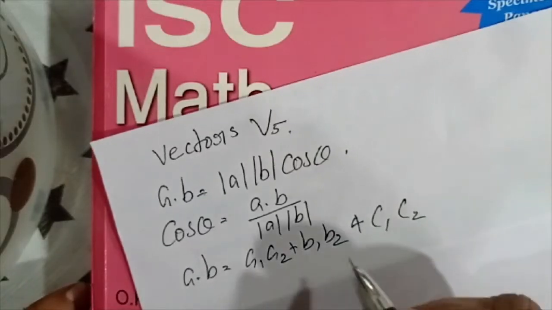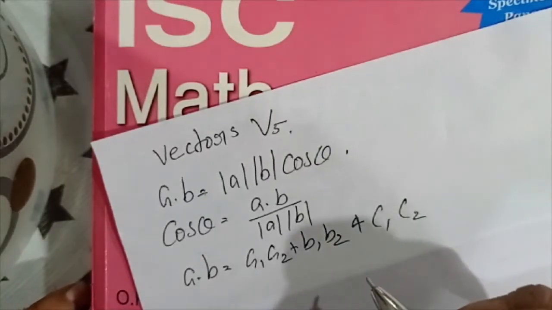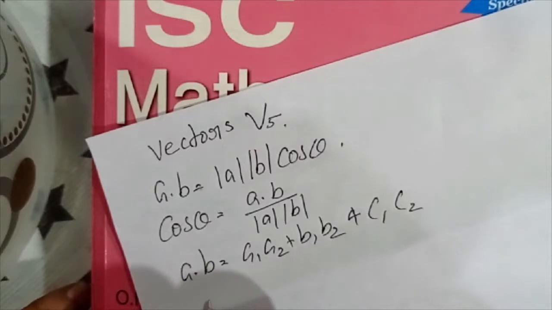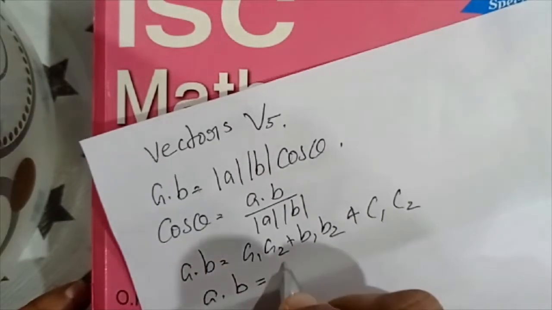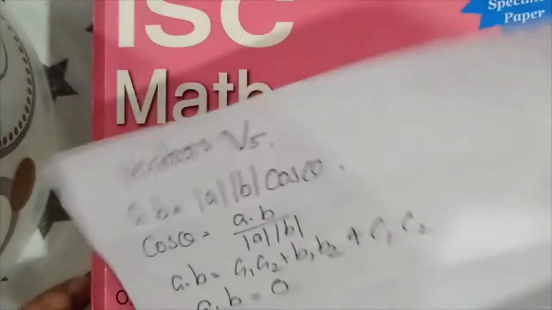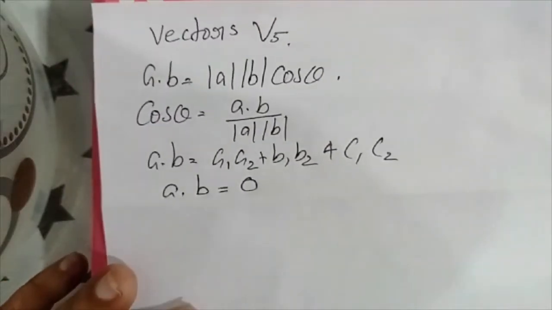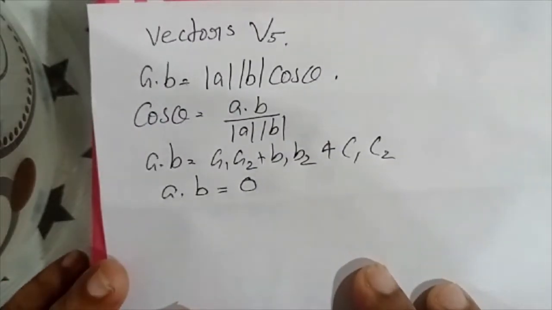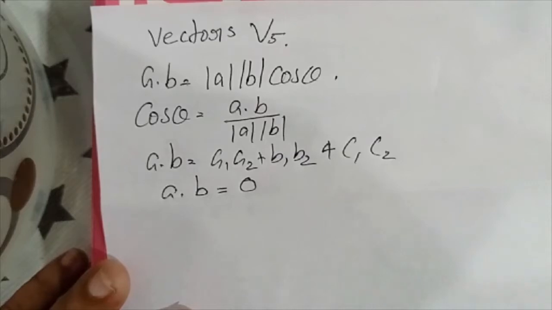The next condition, if two vectors are perpendicular, how can you say that two vectors are perpendicular? A dot B is equal to 0. That's the way to prove two vectors perpendicular. Okay. The next heading is, write down,